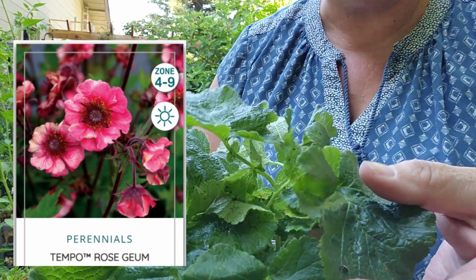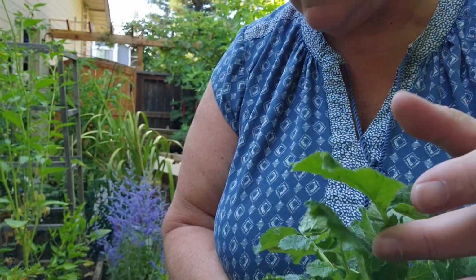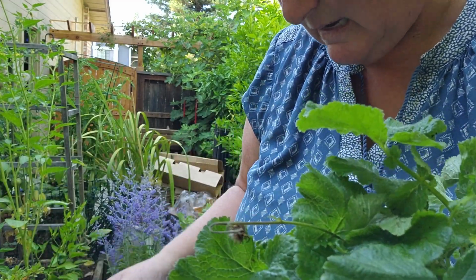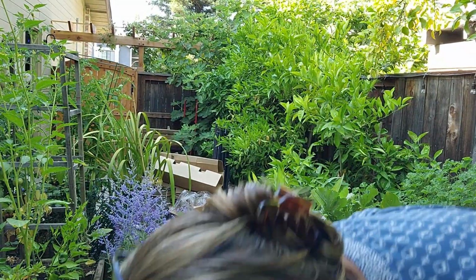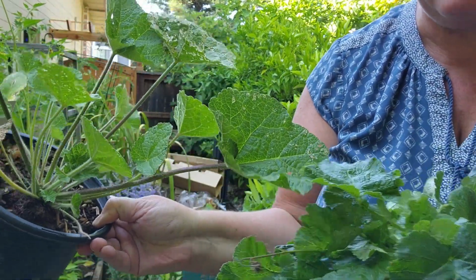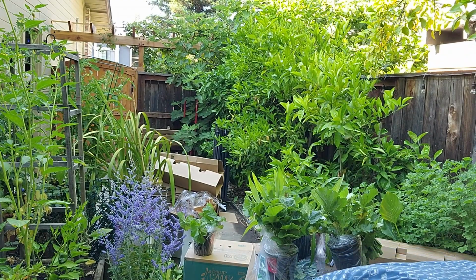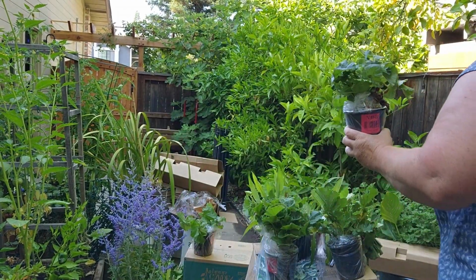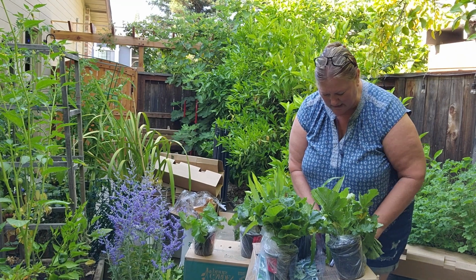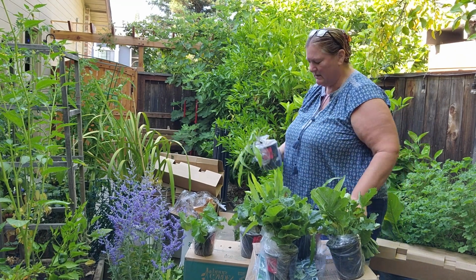Right now they don't look like much because they're not blooming, but the foliage is pretty. Kind of looks like a hollyhock. I wonder if they're related, because I actually just picked up a hollyhock from my garden share. She grew them, dug them up for me. They look very similar. I'll have to do some research. All right, for the most part, these look pretty good. A couple of them got smashed,